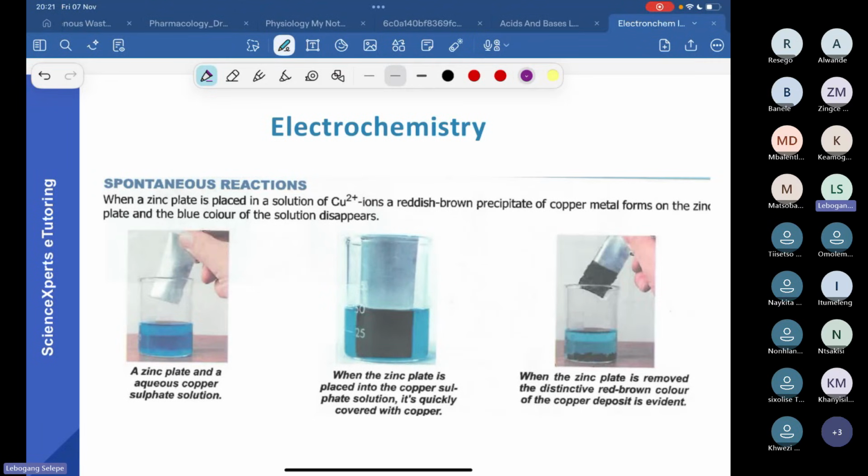Okay, no problem. All right, so now let's talk about reactions that are spontaneous versus non-spontaneous reactions, right? So here I would have to introduce the 4B table to you. Not all substances are able to react with one another, or are able to donate electrons between one another. So it's not always the case that